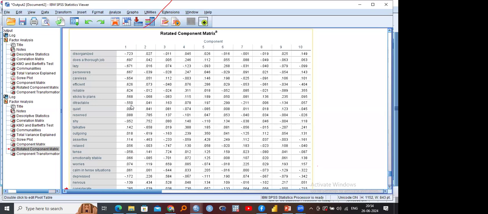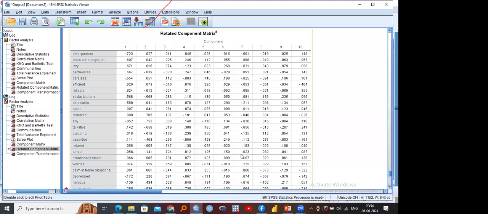Ma'am, can I ask a question, please? Yes. Ma'am, just to interpret, in factor 1, we have up till distractable, those elements which are having the maximum scores. So it is our decision after this whether to keep all of them or to delete some. Am I right? Yes, if you want to stick with your original questionnaire of 44 variables only, then